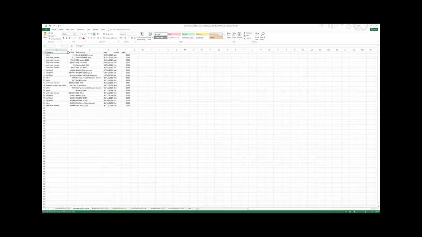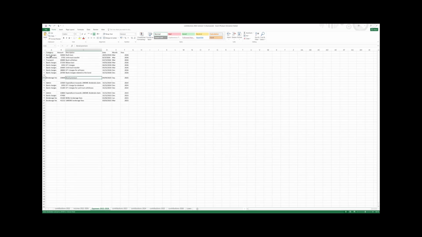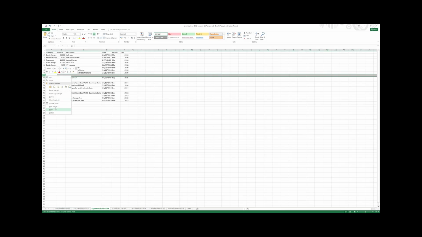So we have the template for income has category, amount, description, date, month, year. So my income items are other unit trust interest, dividend, interest on debt securities, and that's all. And for expenses, it's bank charges, mobile money, transport, brokerage fees,